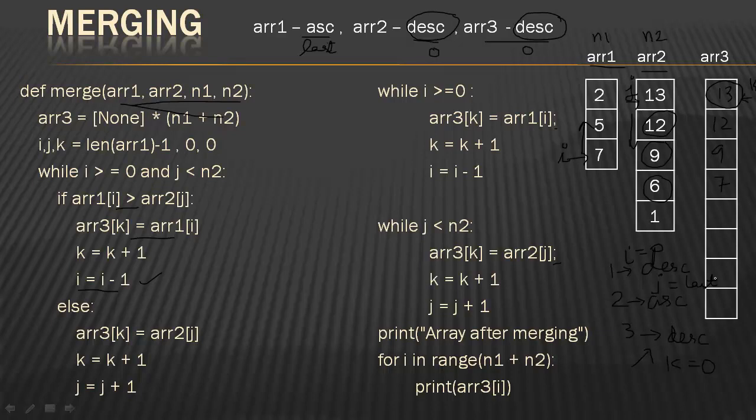And remember, very conveniently my students tell me, why don't you just put the elements of array 1 and array 2 into array 3 and sort array 3 according to the required order. That's fine to get the same result, but then it won't be sorting as you merge. When they ask you to merge the contents of a sorted array A and a sorted array B into an array C such that it is sorted, it means as you merge, the sorting concept must be applied. Okay? Okay, thank you.